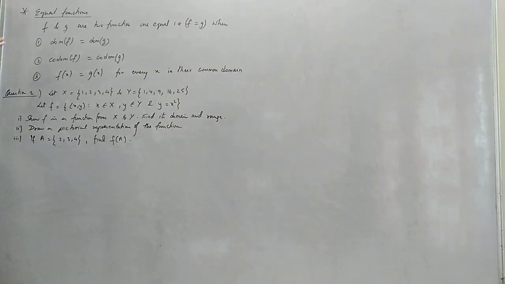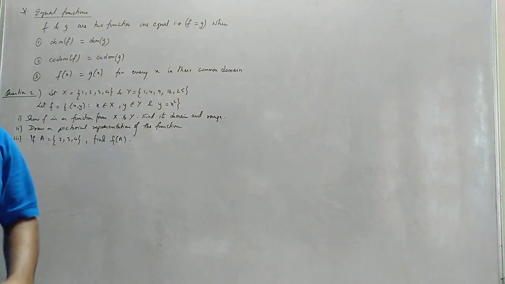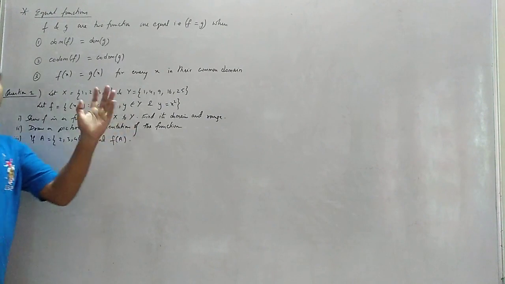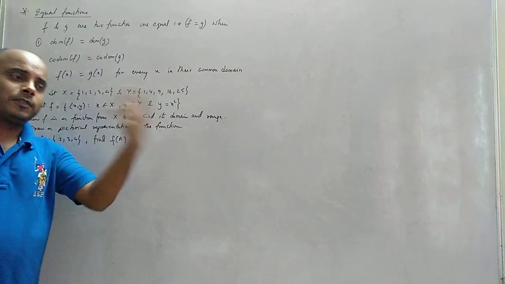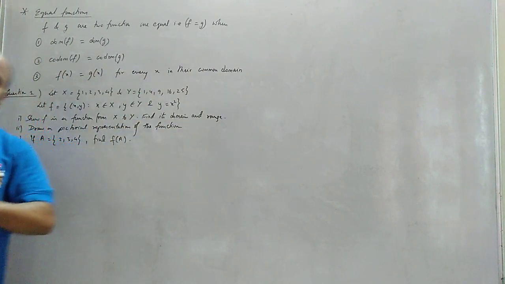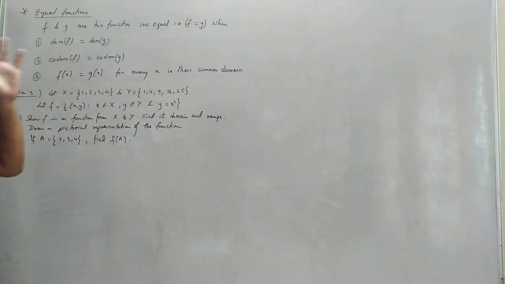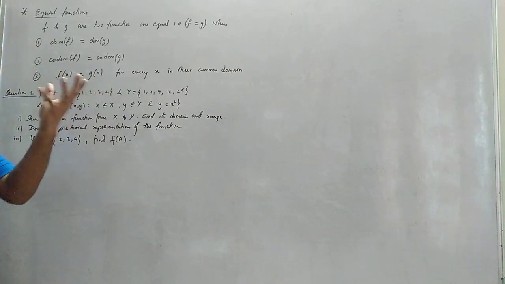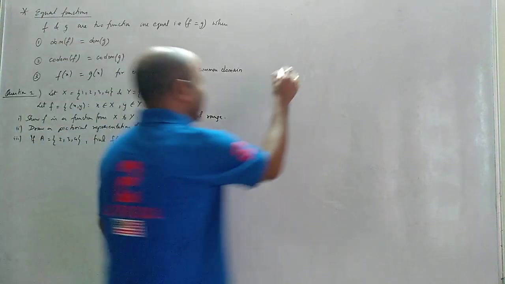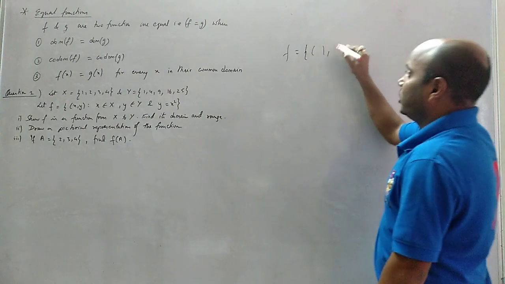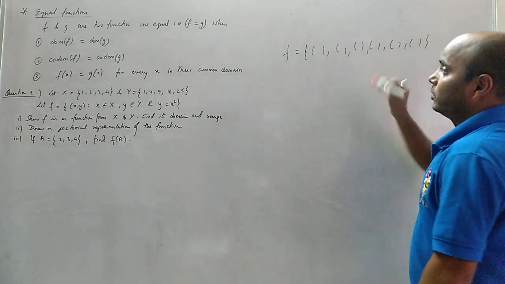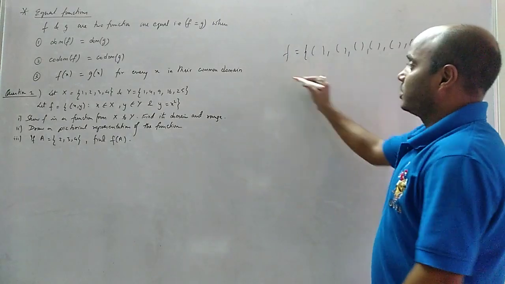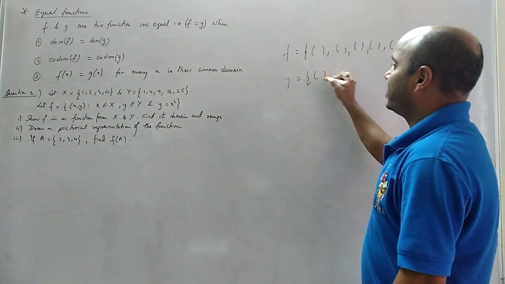Okay, the next topic is equal functions. When we can say two functions are equal. Okay, now again I will not say when a relation becomes a function. You should remember this thing always in your mind, that function is a relation satisfying two properties. Okay, now when two functions are equal. Now what is function? Is a relation. तो function भी तो ऐसा ही दिखेगा ना, equals to something, comma something, comma something, comma something. Ordered pairs होंगे. मान लो f is the function which look like this. G is again a function which will look like this.